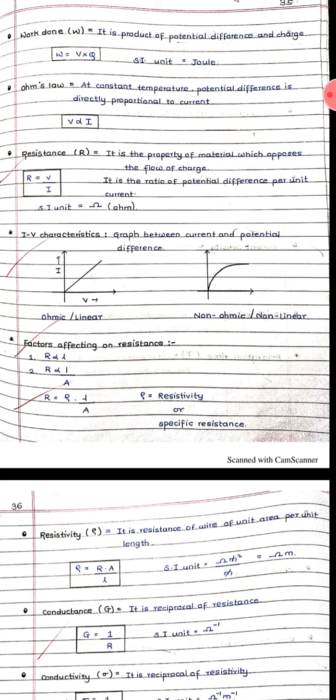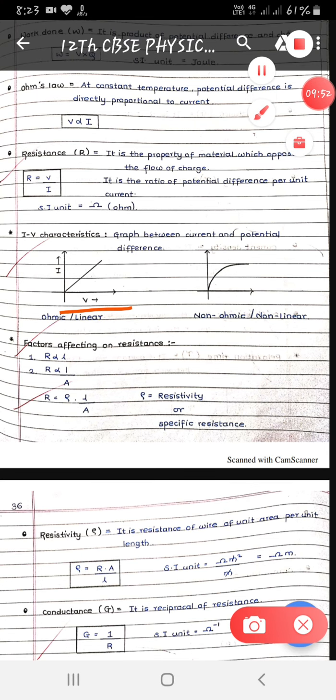My dear student, if you draw the graph of voltage against current, we can say potential difference on the x-axis and electric current on the y-axis. Then the slope of the graph gives the resistance, because resistance is nothing but potential difference upon I. Okay, then the slope of the line will give the resistance.